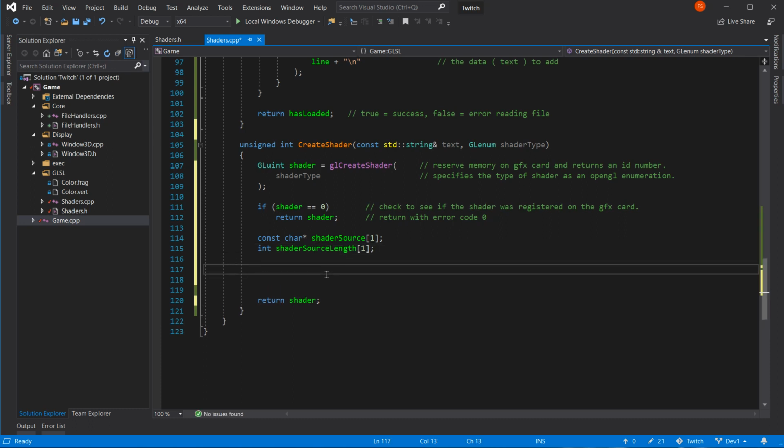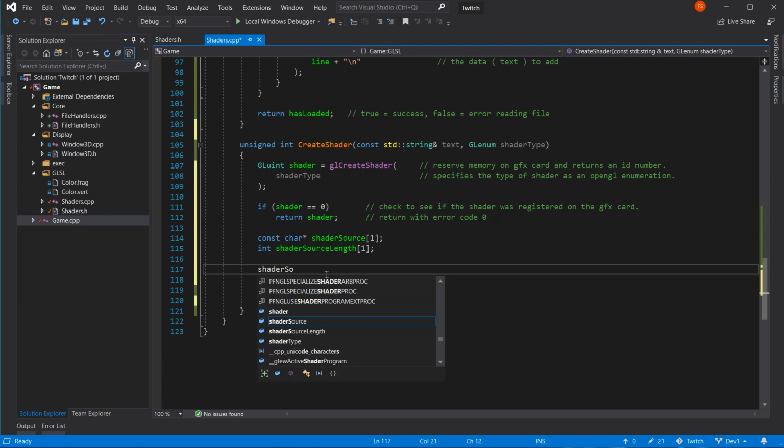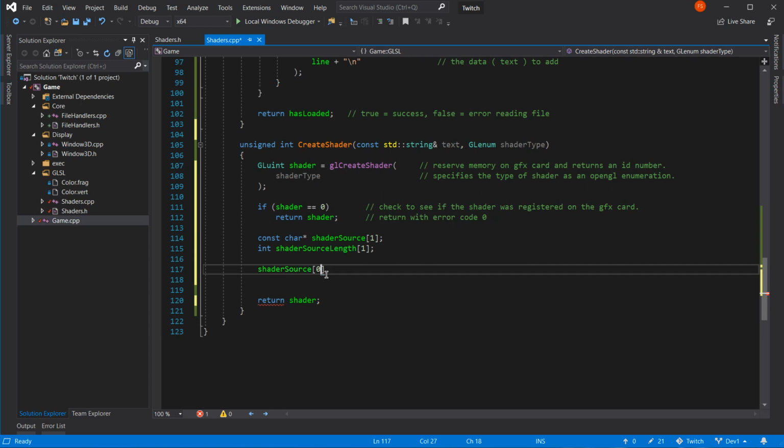Then I'm going to put the shader source 0 equals what we're going to have, text, yeah, text dot c underscore str.